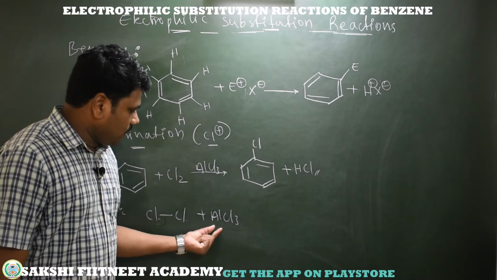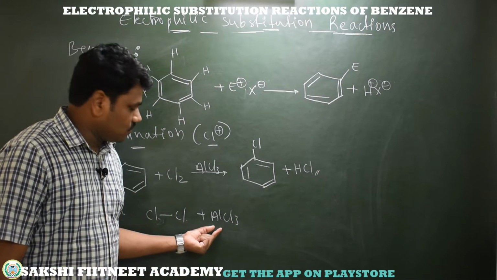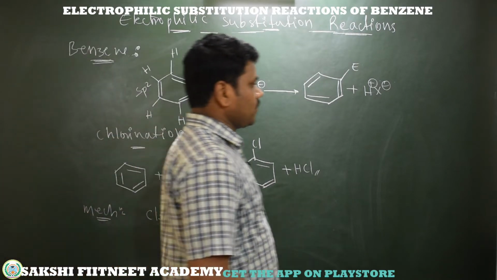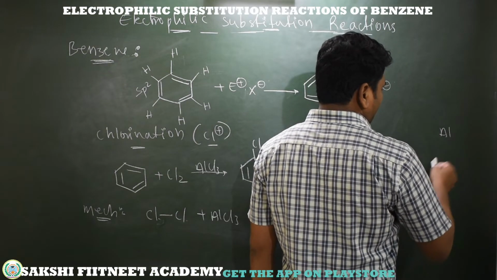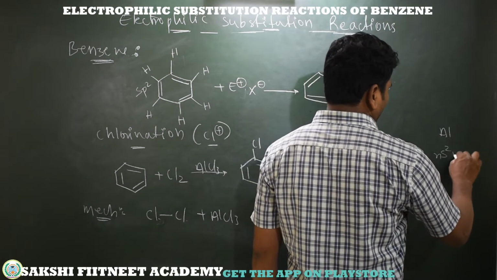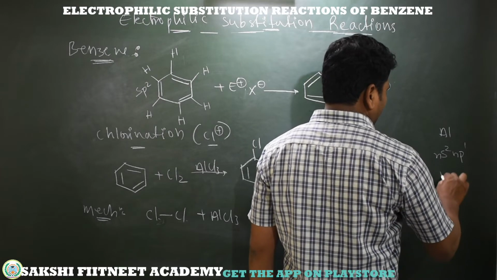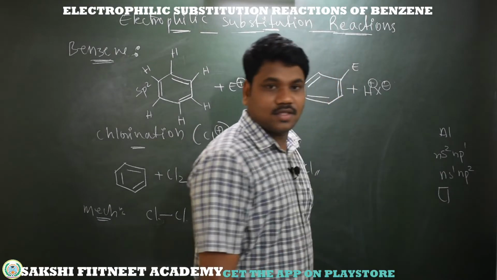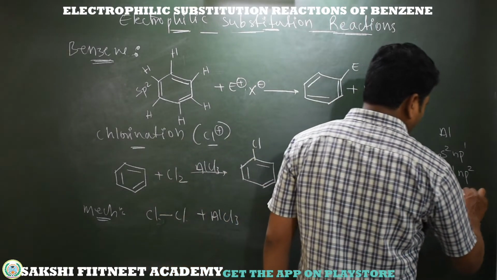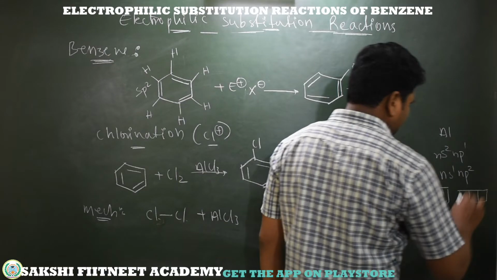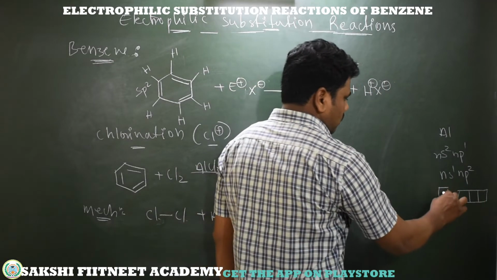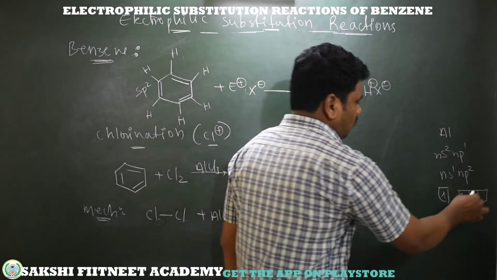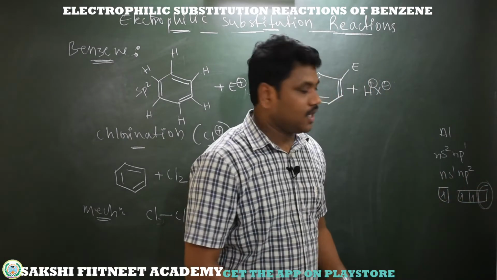See here, aluminium belongs to group 3A, which has the s2p1 electron configuration. This is the aluminium. What about the configuration? It's ns2np1. The stable configuration becomes ns1np2. That means the valency s orbital and the valency p orbitals px, py, pz: s1 p2, px1, py1. Here we have one empty orbital.